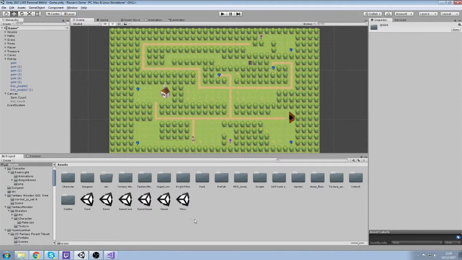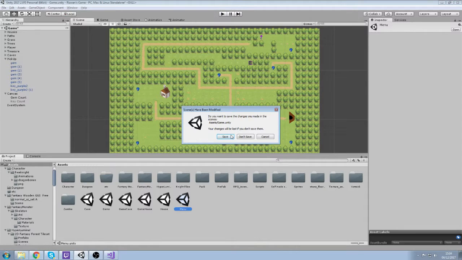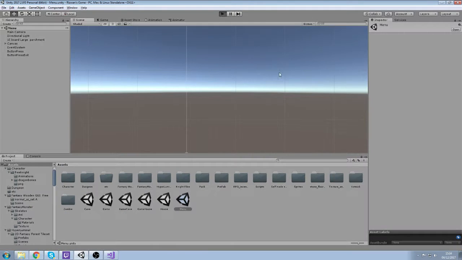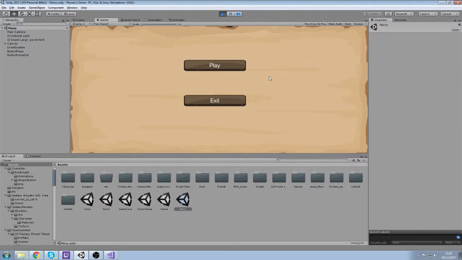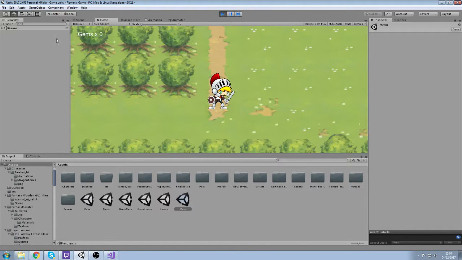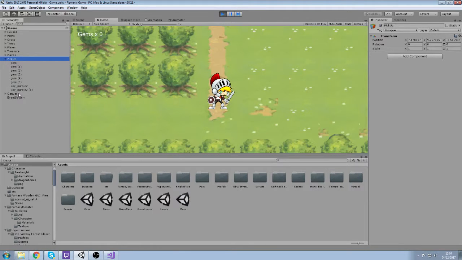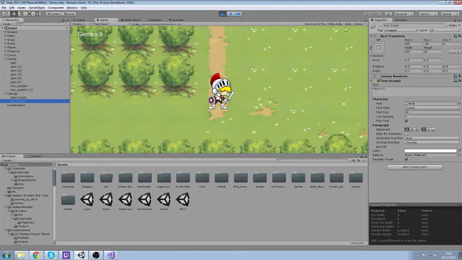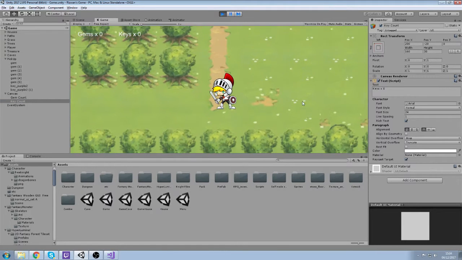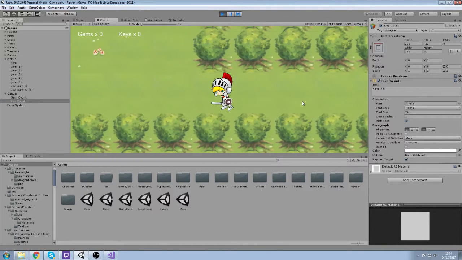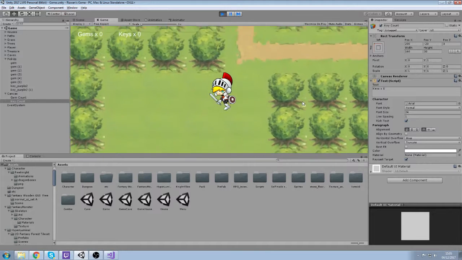Now I have 6 different scenes, and we can start with the menu scene, where we press play. I just have a start screen with play and exit. You press the play button, you enter the scene. Every time, hold up, I have to pick up on our canvas key count. There we go. So now in the game scene, if I walk around, I change the